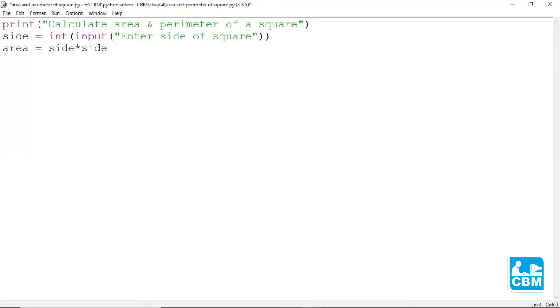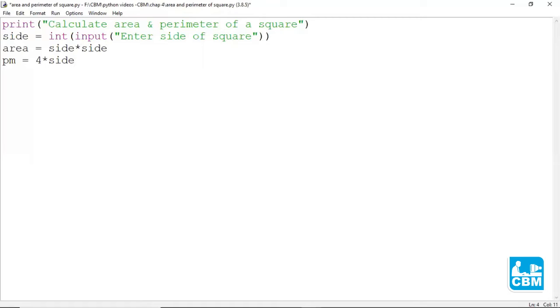We also need to define the perimeter. So PM is equal to, the formula to calculate the perimeter of a square is 4 into side. So 4 into side. These two formulas will calculate the area and perimeter of the square respectively.